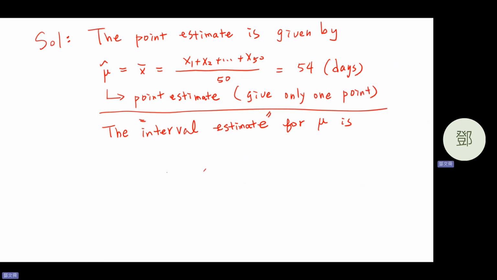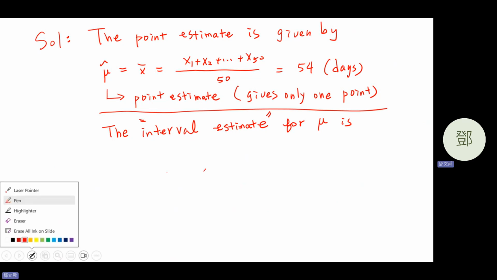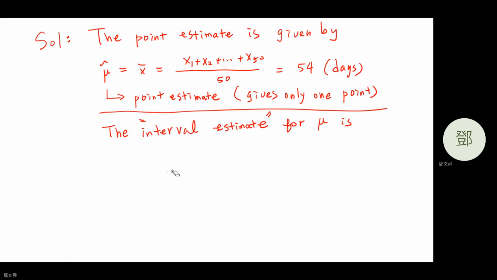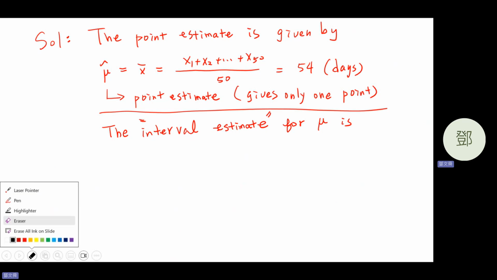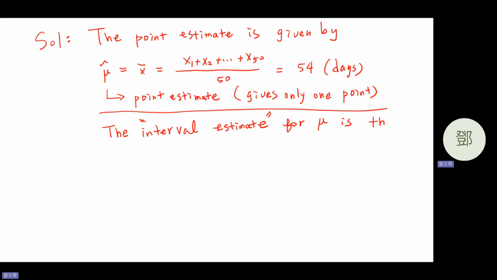All right, this formula gives only 1 point. Is the 95% confidence interval for mu given by